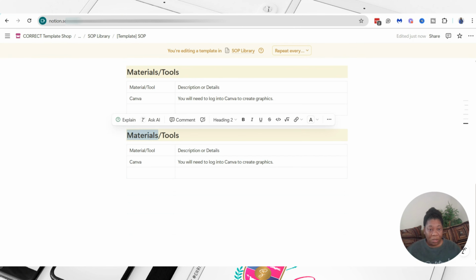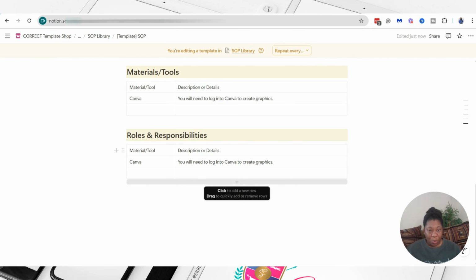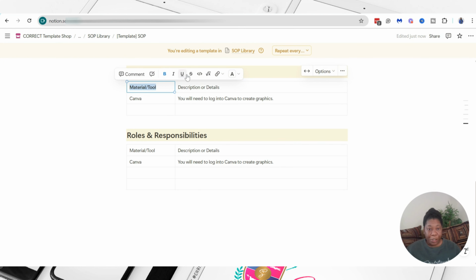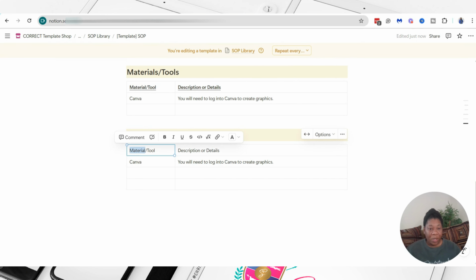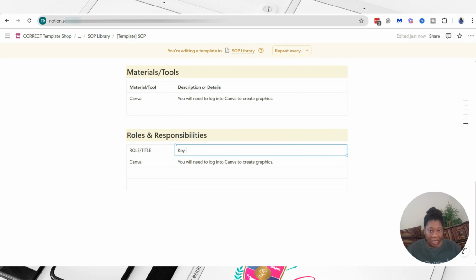So under this, we're also going to add another section that's going to be for roles and responsibilities. And again, this is one of those sections that is more so important if you have a larger team or a small team and you have multiple different people that are responsible for multiple different processes. So with roles and responsibilities, what you want to do is have the role or title, and then you want to have the key